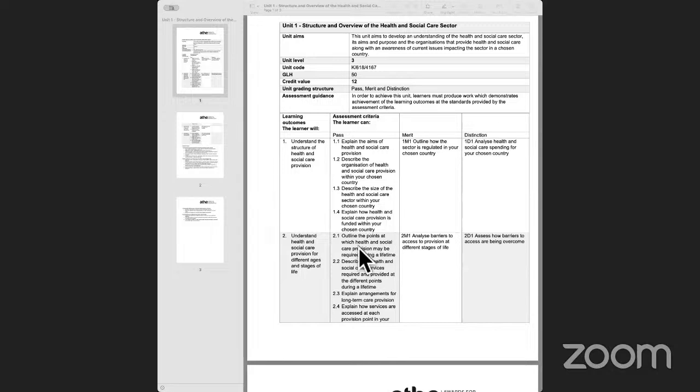So the first one that we are going to be looking at is: outline the points at which health and social care provision may be required during our lifetime. So here we're going to be looking at various stages of human growth and development, and at what stage, what kind of support is generally provisioned within the health and social care sector, what kind of support do you need. An example of this essentially would be when you do look at,